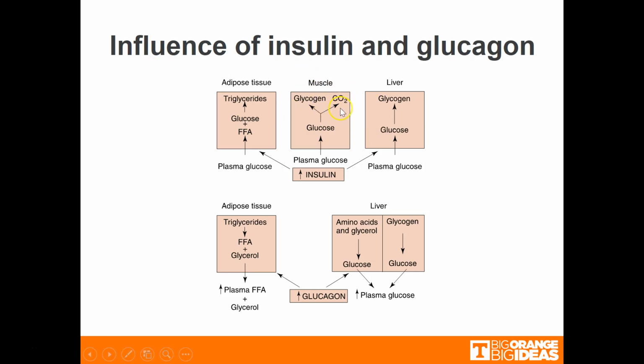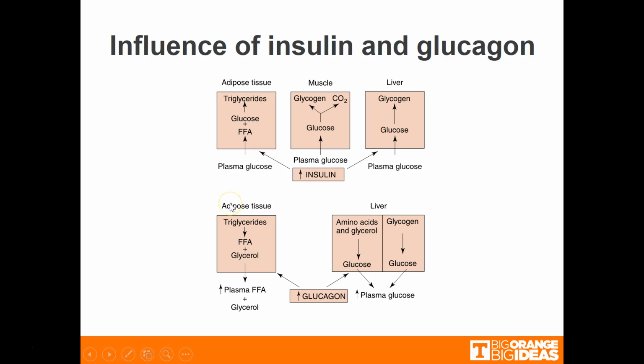So here's going to be that process. Also, the glucose is going to help to increase storage of muscle glycogen. Plasma glucose on the liver, so plasma glucose being taken up by the liver and converted to glycogen to be stored by the liver, so that when it needs to break down later, it can release glucose into the blood. Here's your glucagon. When you have an increase in glucagon,